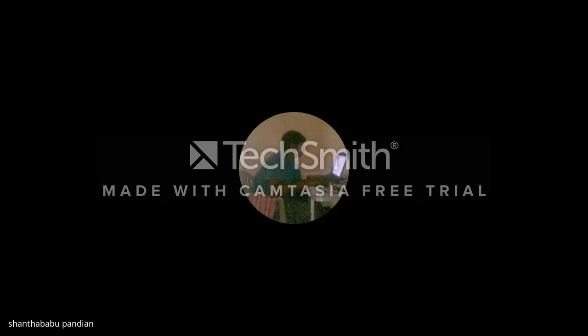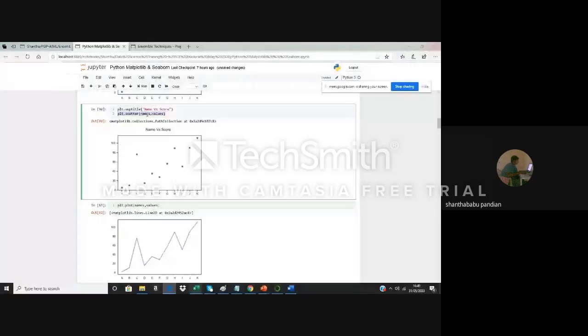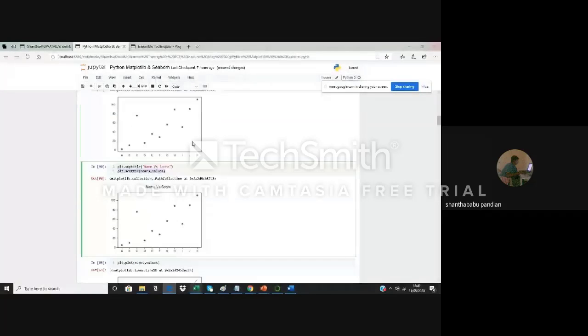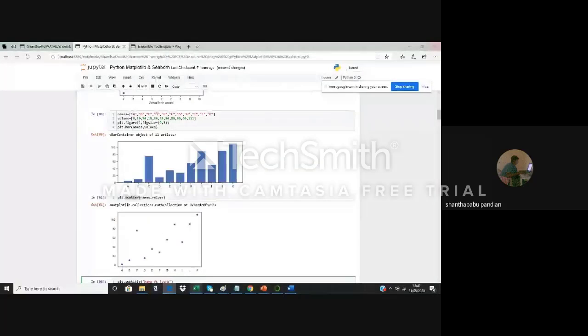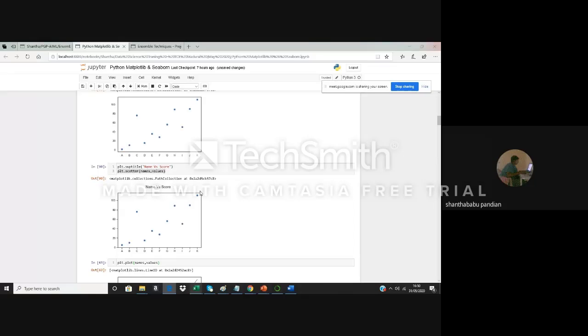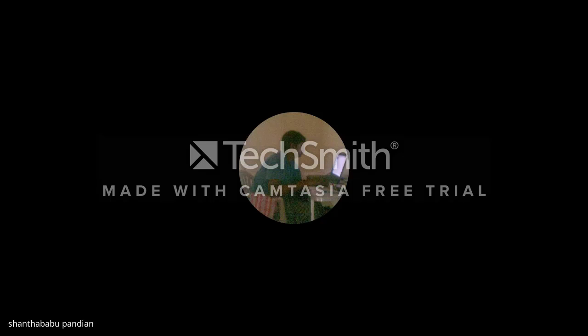So I can use plot dot scatter of the variables, and this is for my horizontal x-axis and y-axis. The x-axis is going to be name and the y-axis is going to be value, so that I'm getting this value. I can use the same set of lists from my earlier cell. And this is going to be a scatter plot, and the same plot is going to be like a plot diagram so that I can get this kind of values. So let me run this